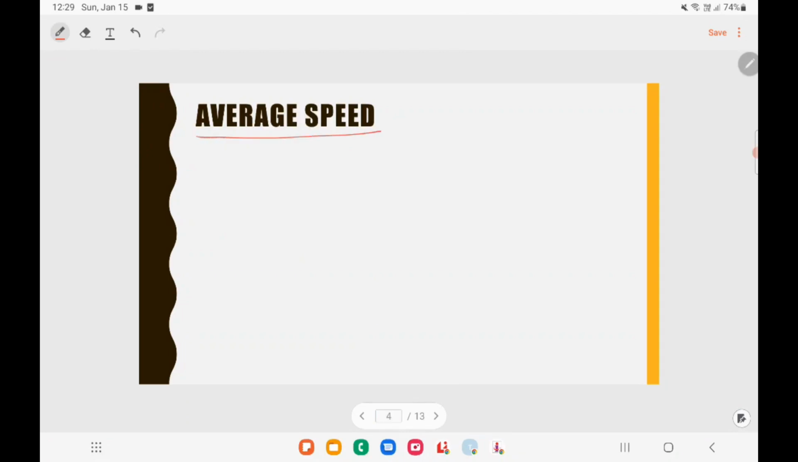So when it comes to average speed, you have different cases. I'll explain to you the different cases. In each of those cases you have different equations. Some students will memorize all these equations for different cases, and they